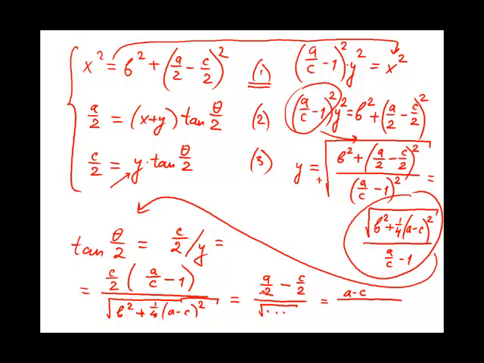This 2 goes down in front of the square root, and then I insert it under the square root as 4. You will check it at home. 4 b squared plus a minus c squared. This will be it. So I have found tangent of theta over 2,